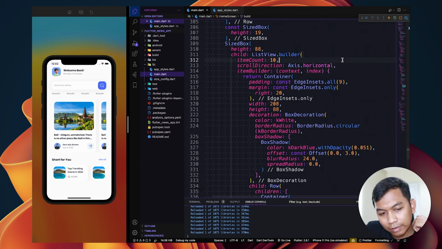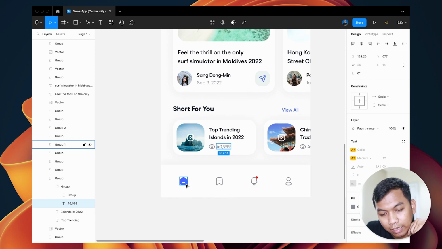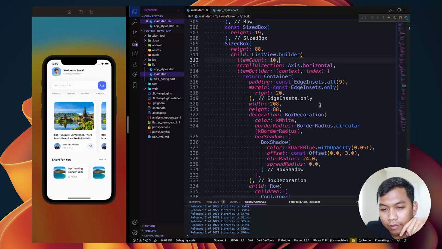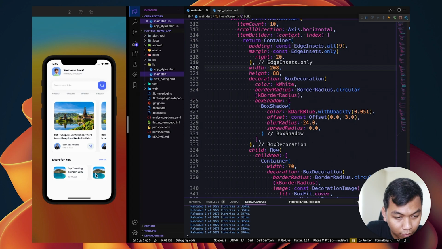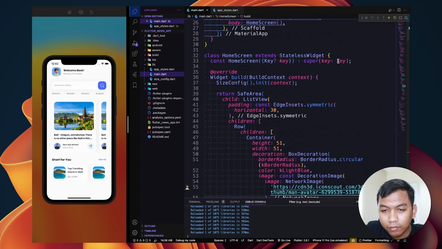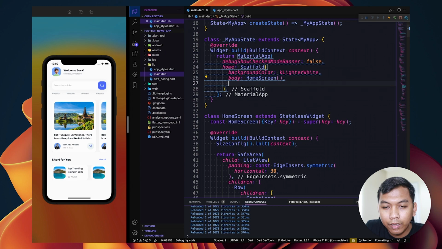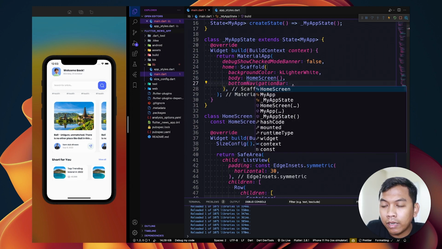Alright, so the next is we will create a bottom navigation bar. So let's scroll to the top, and here we have a material app and we say bottom navigation bar.